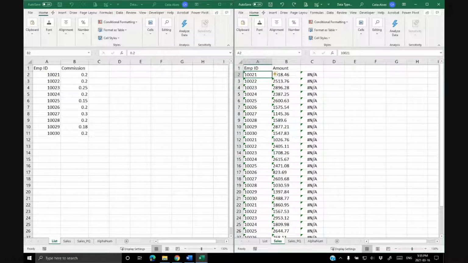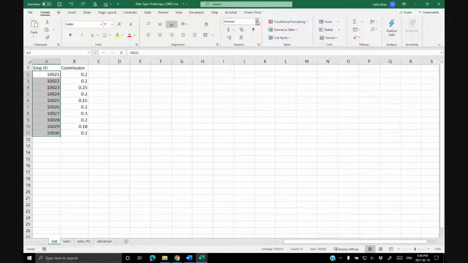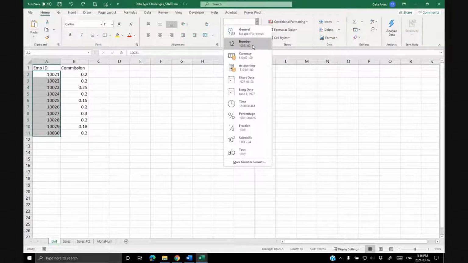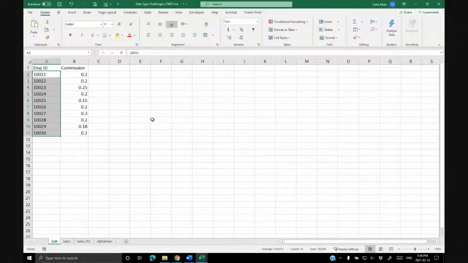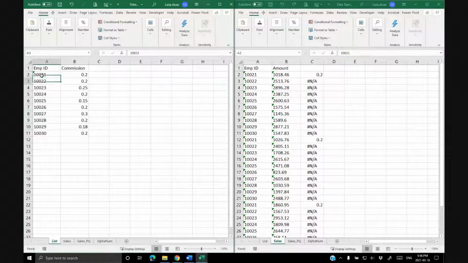We could do both ways. One way is to come here and say, well, since these are employee numbers, I want Excel to look at these as text, sorry, because I don't need to make calculations with them. If we try to come here and set these as text, they do align to the left, but the formulas still don't work. And again, we would have to come here, edit,